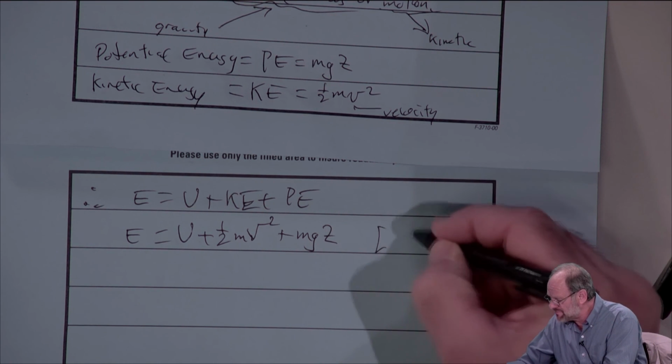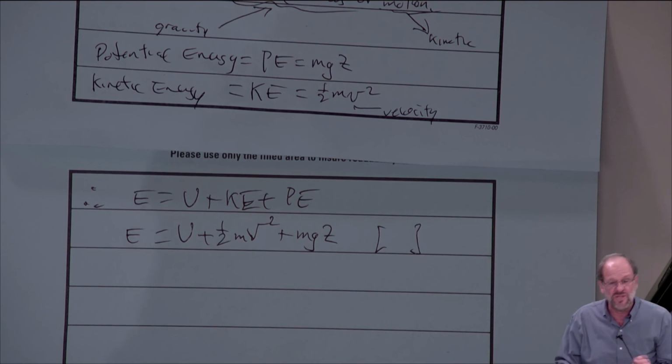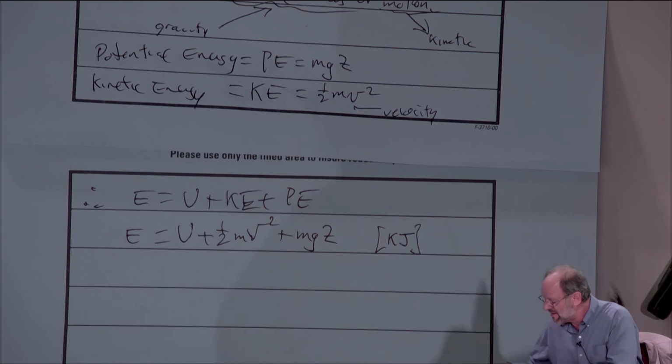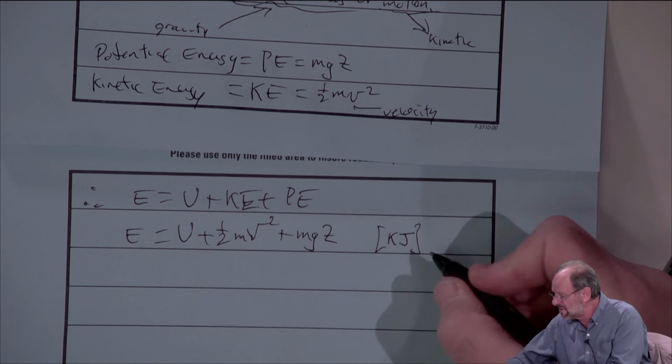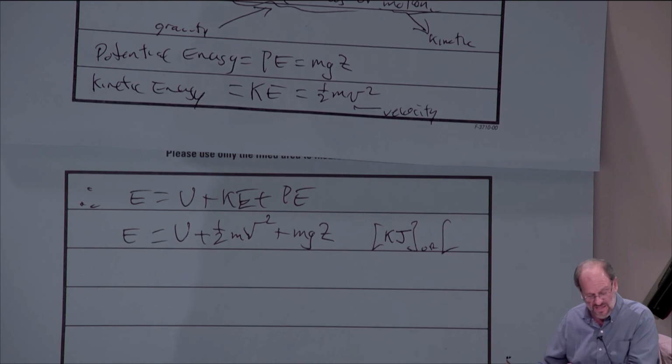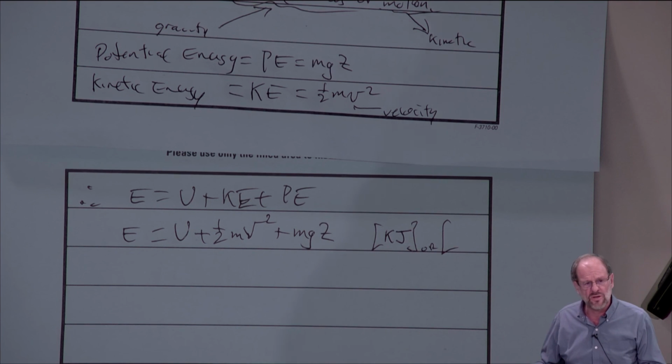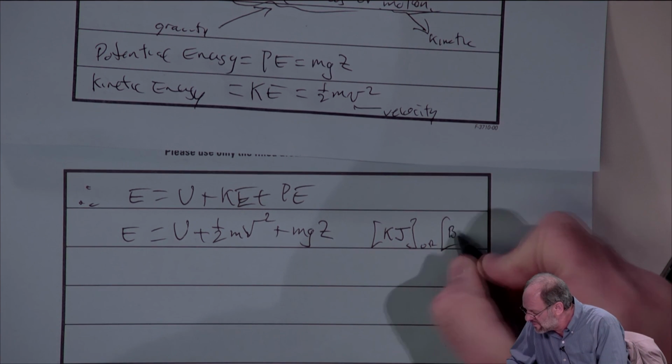Now, the units we also have to be aware of. Energy units are the same as work units, or the same as heat units. We had previously talked about the joule, which is the same as a Newton times a meter. Turns out a joule is also a very, very small amount of energy. So the kilojoule, 1,000 joules, is the most common unit of energy, at least in the SI system. So the kilojoule is the proper unit here. Or if we're dealing with the British system of units, the typical unit of energy is going to be the BTU.